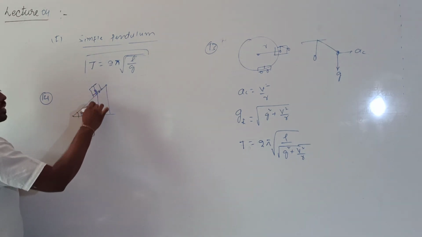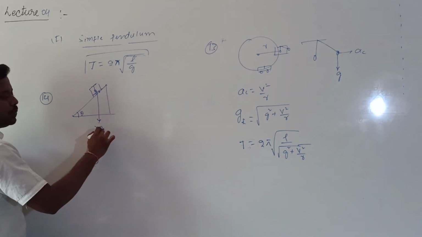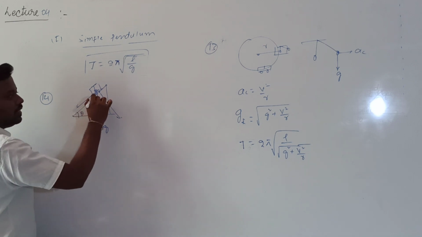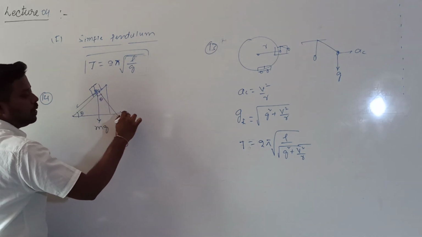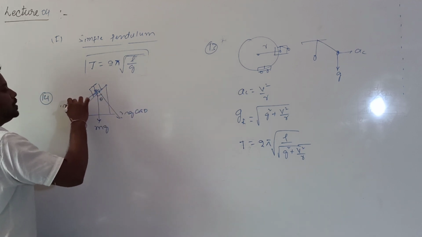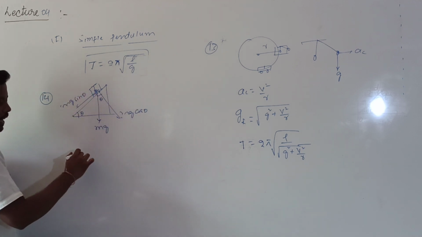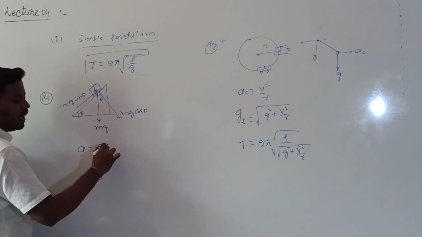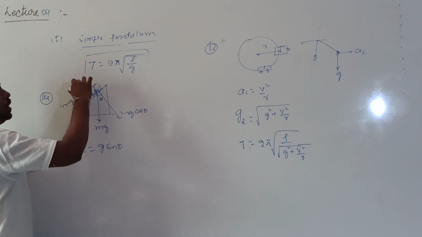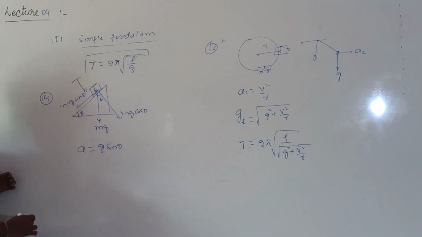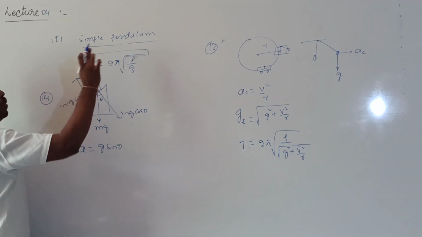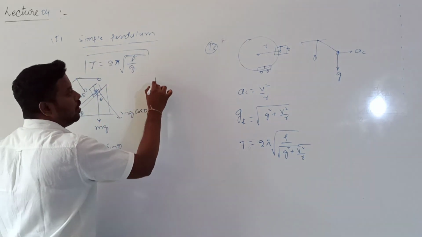Whenever it is accelerating downward, you know that its weight mg is resolved into two components. If this angle is θ, this is also equal to θ. This component will be mg cos θ, and this one will be mg sin θ. What is the acceleration with which the car is sliding down? g sin θ. Due to that acceleration, the car will be like a non-inertial frame, and a pseudo force will act on the ball in the backward direction.